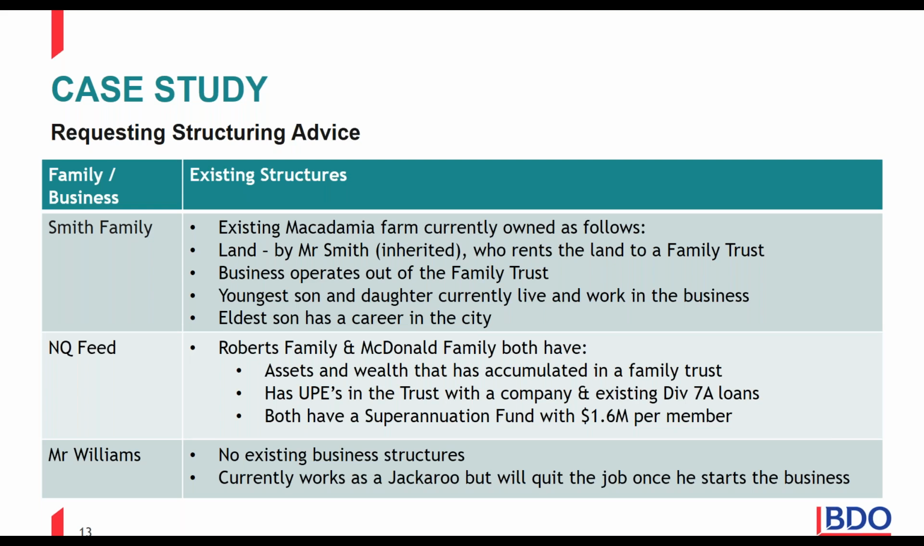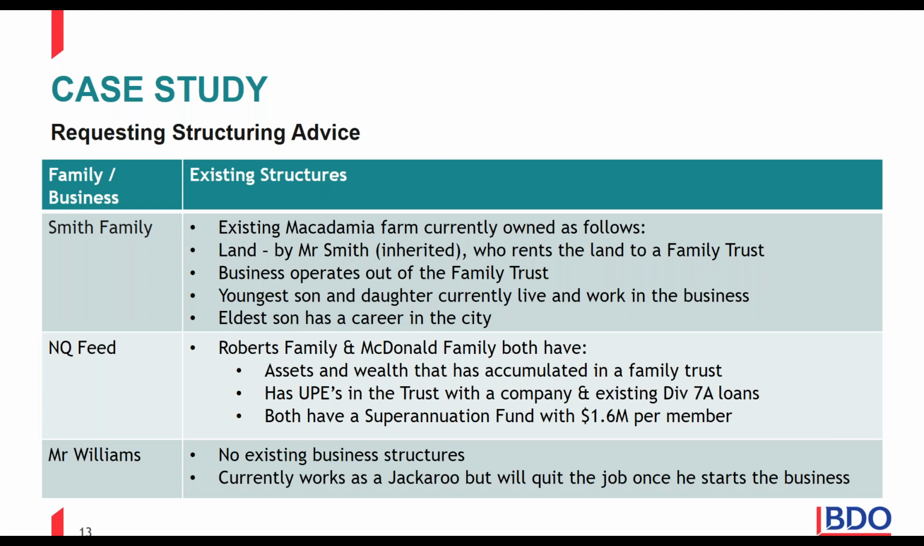He would have revenue in his own name from rent in that case. The land that he inherited, we'd probably want to consider whether it's pre-CGT. The succession planning will be an issue for this family. With the NQ feed partnership,